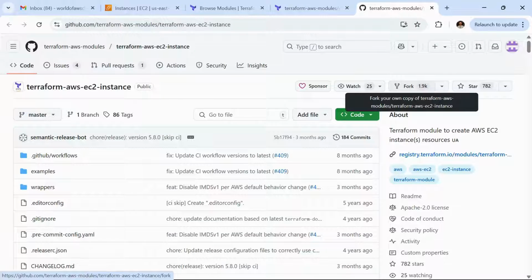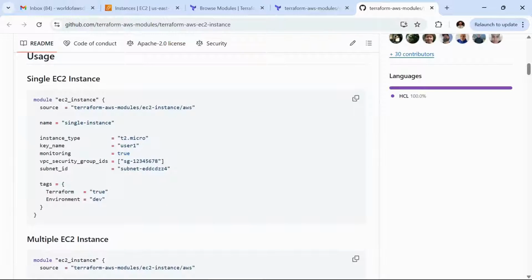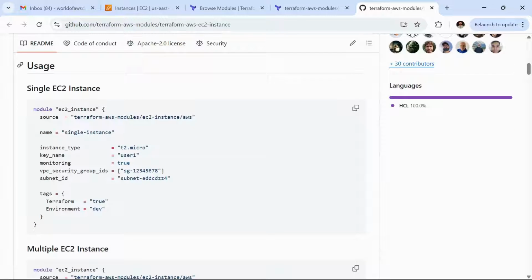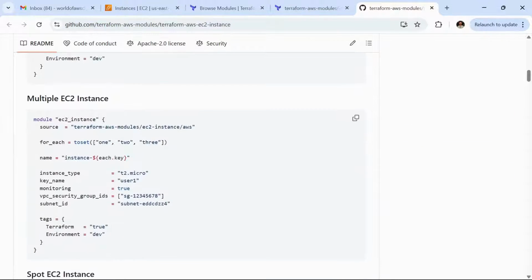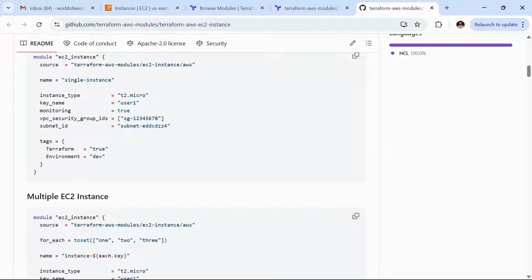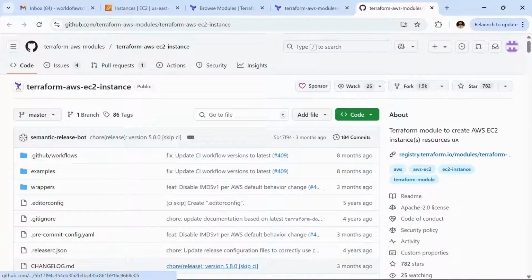The fork count is 1.9k and a total of 782 people have given a star rating to this module, and you can also find better documentation on how to use it. So this is the first point we can consider whenever we use any module.